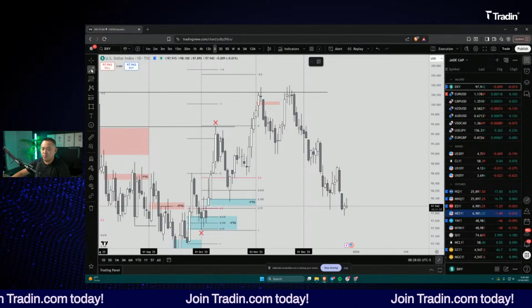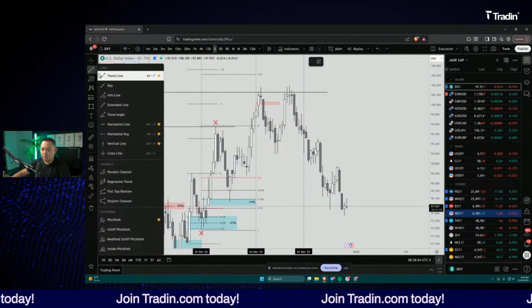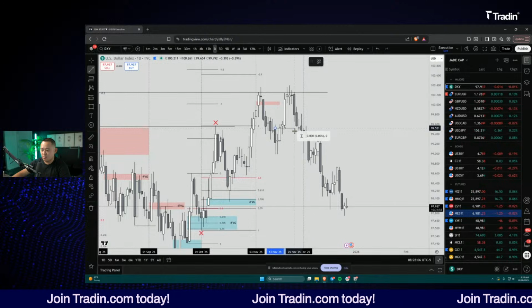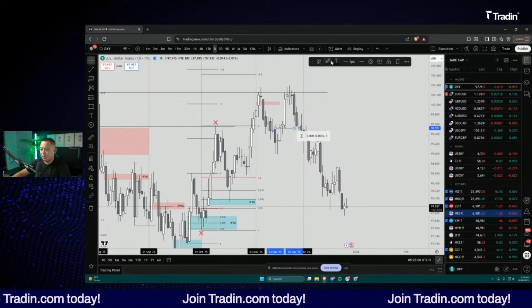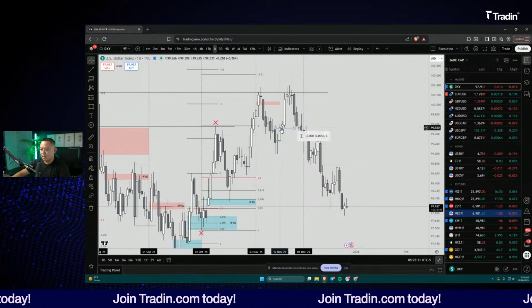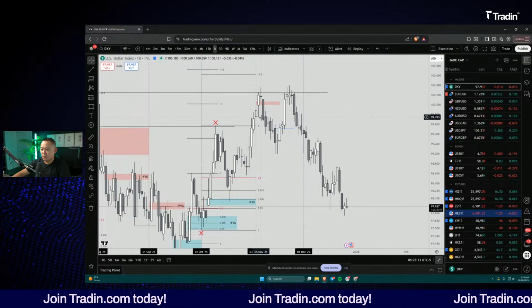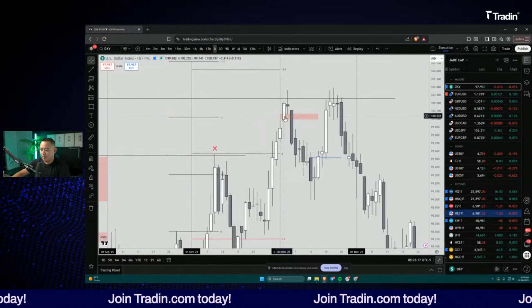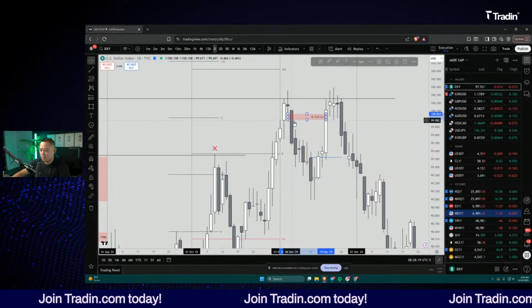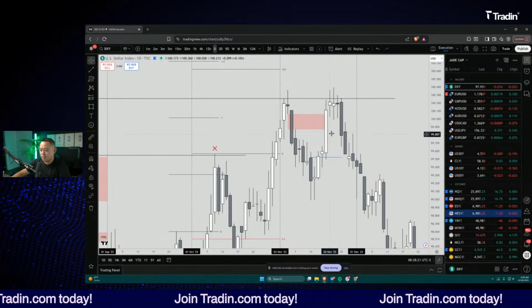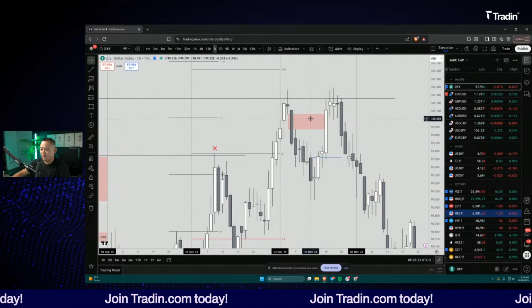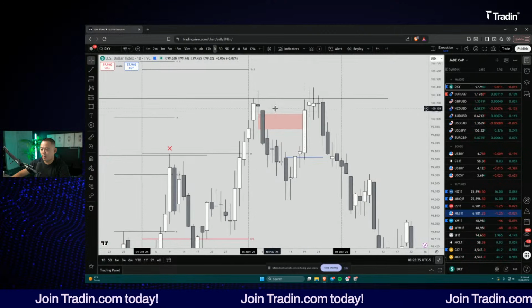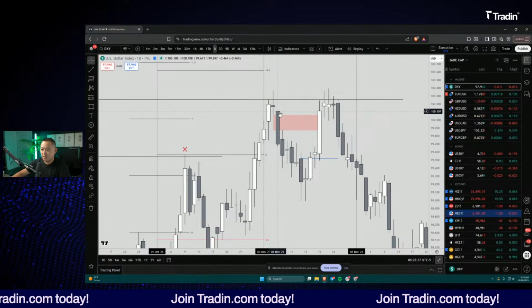Right, and basically where you're trying to get long is if you see these down close candles being closed through, right? That to me is a very strong sign that the market is ready to turn and take out some of this liquidity. Maybe you just want to target this fair value gap in here, right? You just want to target this, take profit somewhere in here, or maybe you want to target this gap, right? Because you have this candle here that doesn't have a wick, right?